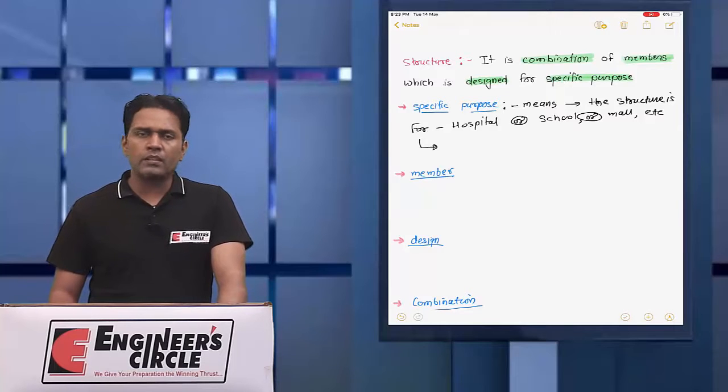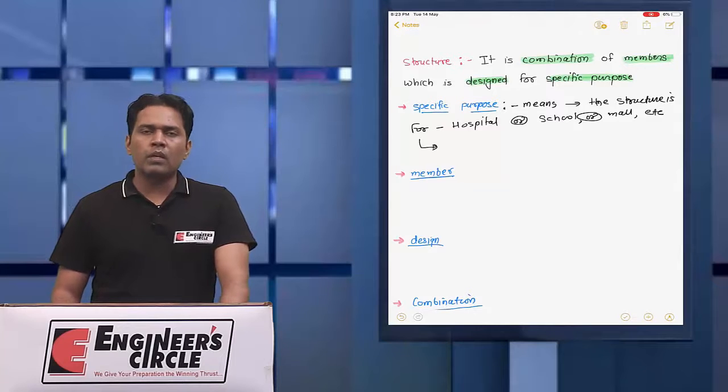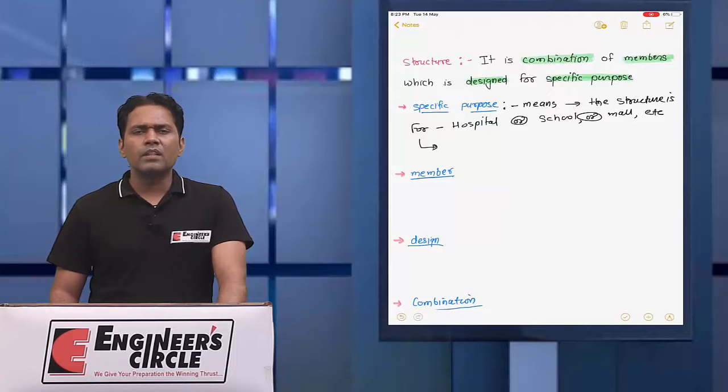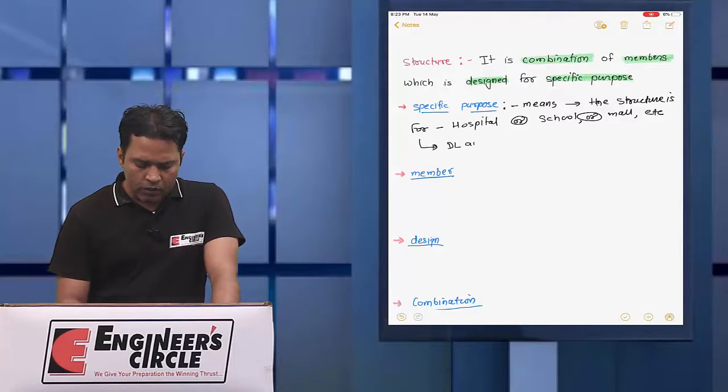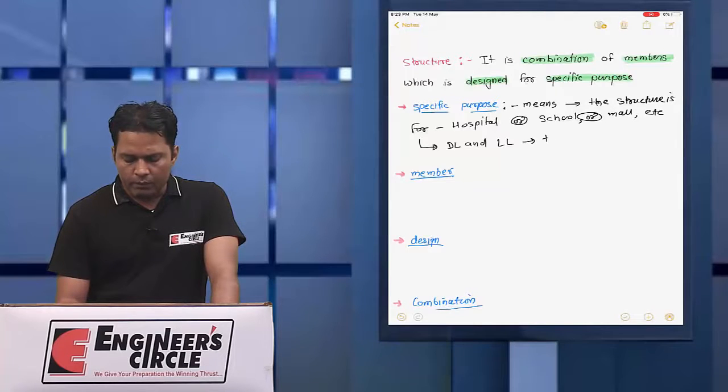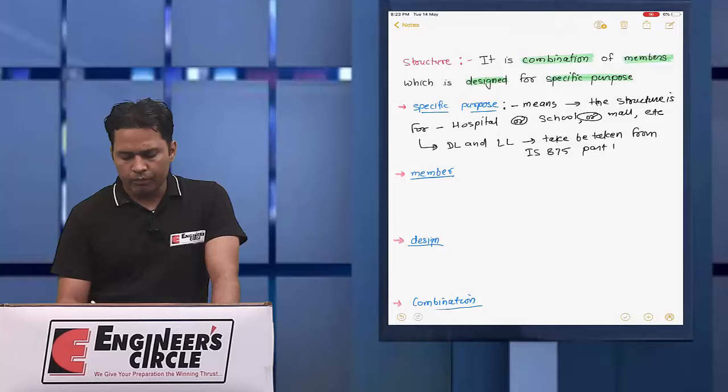For school there is a different live load, and for mall and conference hall there are different live loads depending on the purpose and use of the structure. So the dead load and live load values can be taken from IS 875 part 1 and 2.